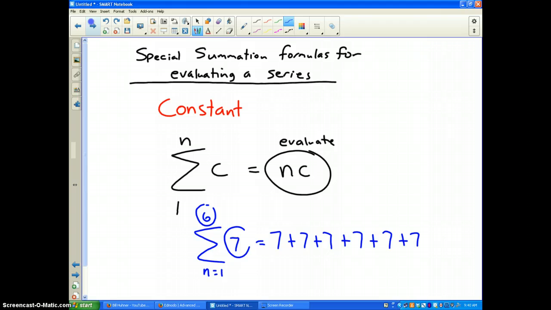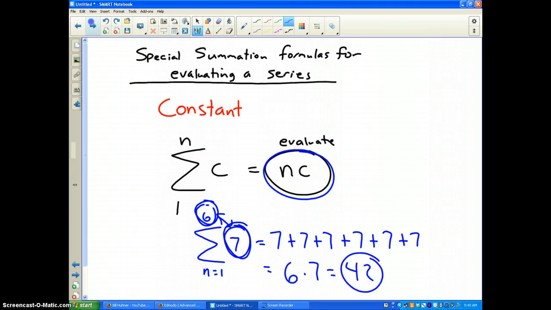Because there's no n value in your explicit formula, you can't stick n in there. It just says the number 7. So the number 7, six times added together, is equal to n times c. n is 6 times the constant term 7. The answer is 42. And that's how you use this constant formula